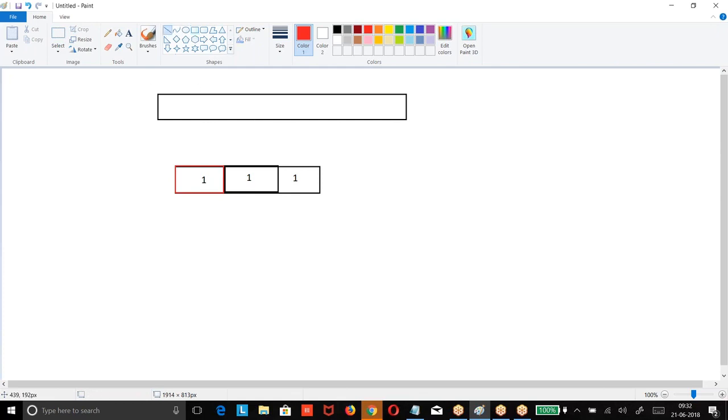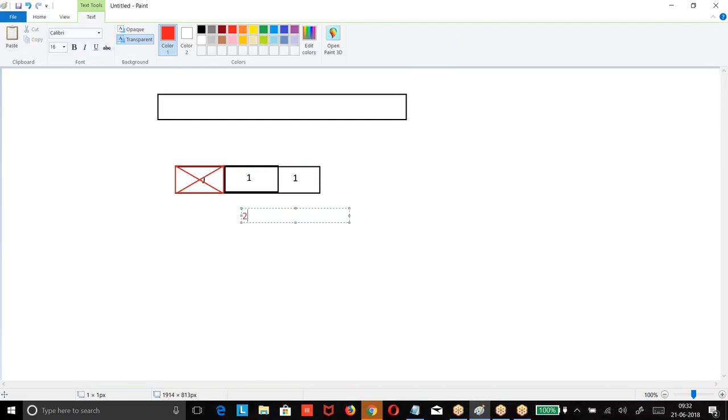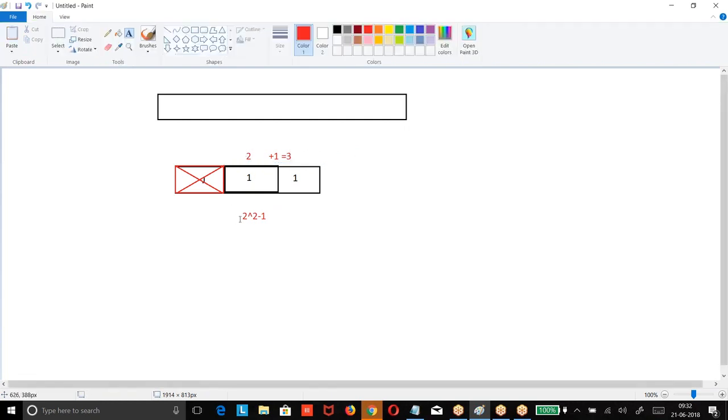So if I have 3 bits, 1 bit will be used for the sign, leaving 2 bits for data. So the maximum value is 2 to the power of 2 minus 1.